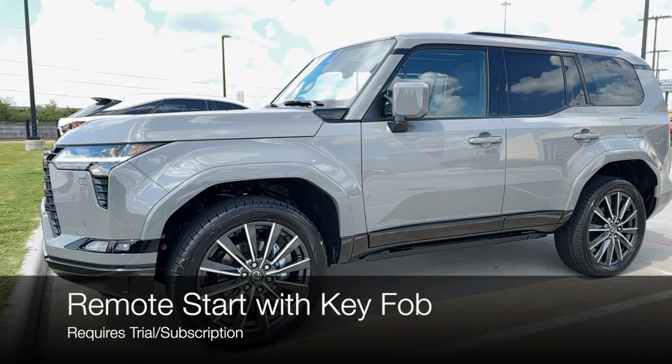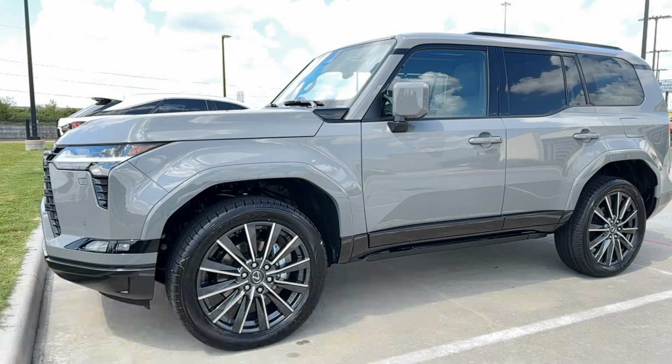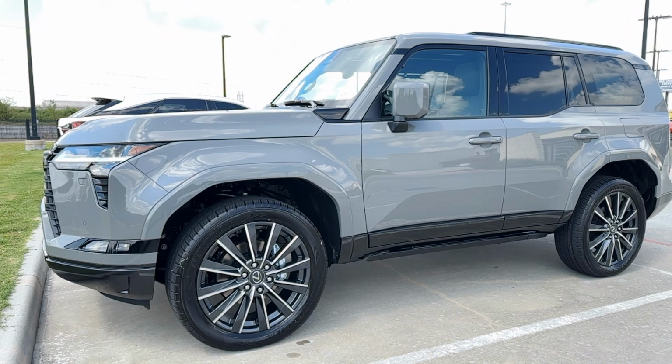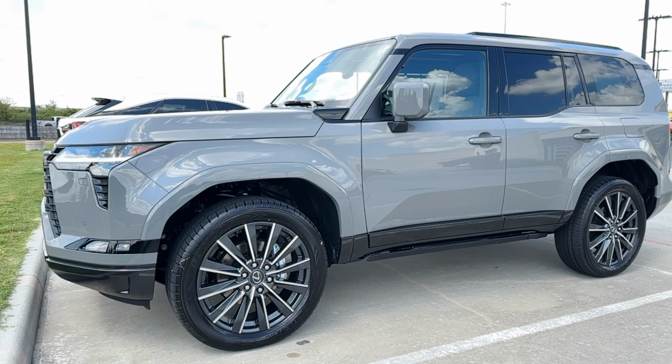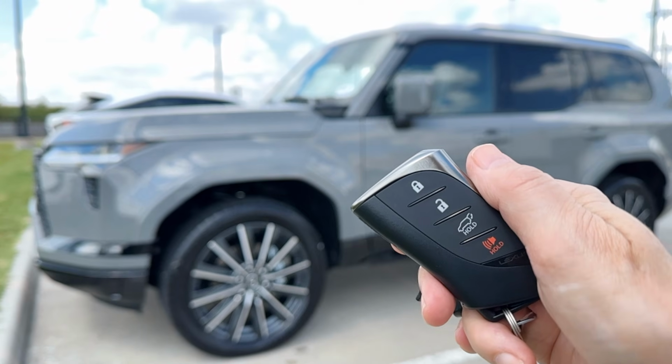You can also use the lock button on the key fob to remote start the vehicle, as long as you've set up the primary driver profile in the Lexus app. You do need to be about 30 or so feet away from the vehicle without any major physical obstructions between your key fob and the vehicle. So this could be tricky depending on where you're parking, which is why most people usually use the remote start from the Lexus app. So I'll show you that next, but in case you'd like to use the key fob remote start,